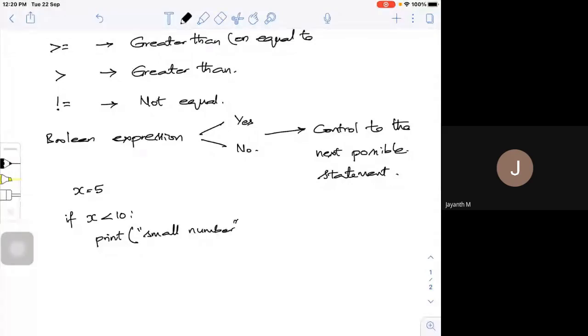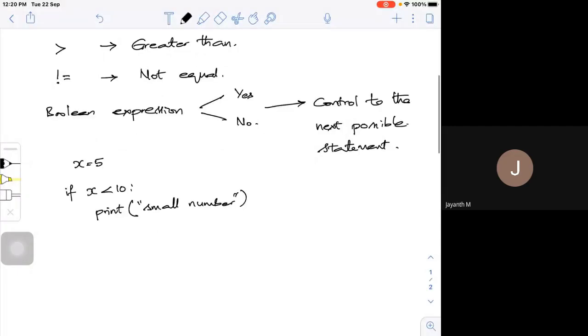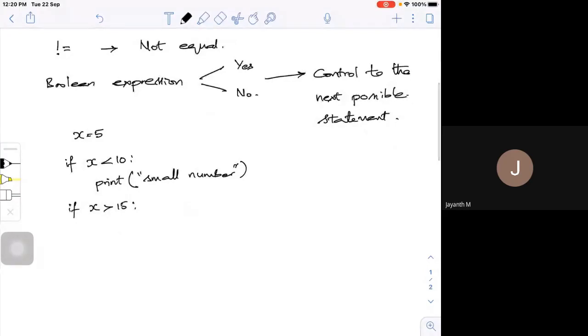Now I have one more statement: if x is greater than some number, say 15, print it is a bigger number.